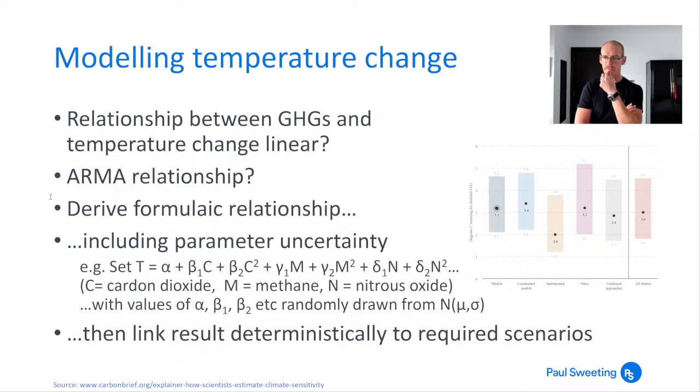So if from one scenario we decided that the effect of doubling carbon dioxide concentration was for the temperature to increase by a factor of 1.5, then for all of those carbon dioxide concentrations, the temperature coming out of the model at the end will be based on a 1.5 multiple for doubling, and no volatility around that.